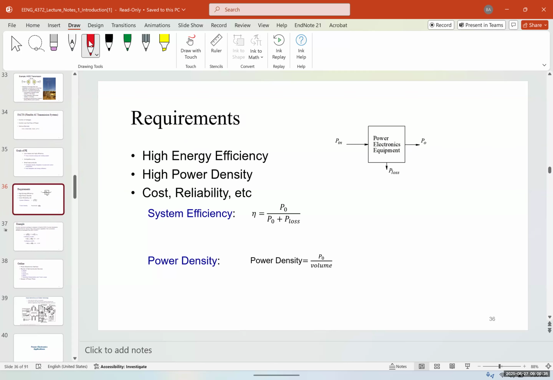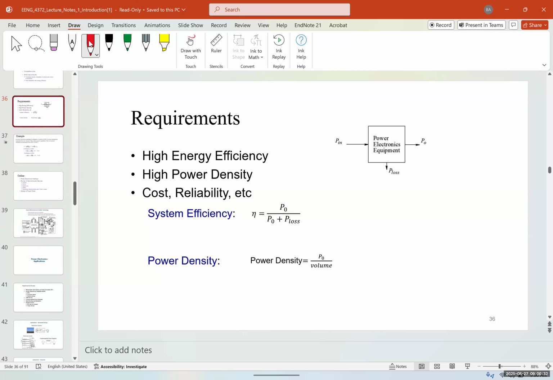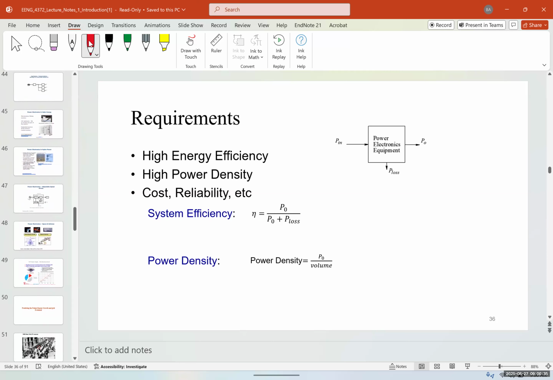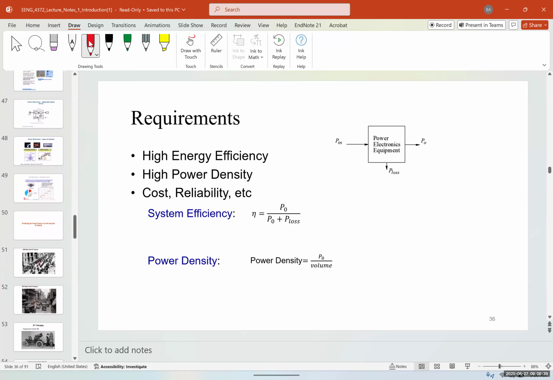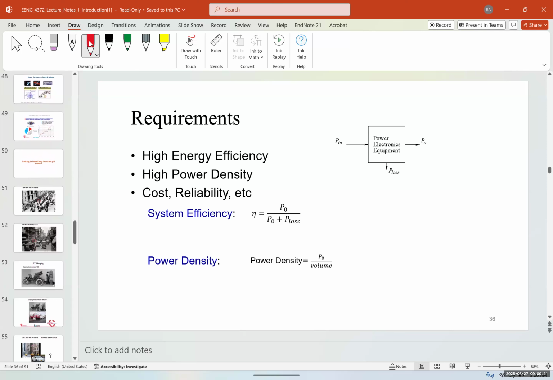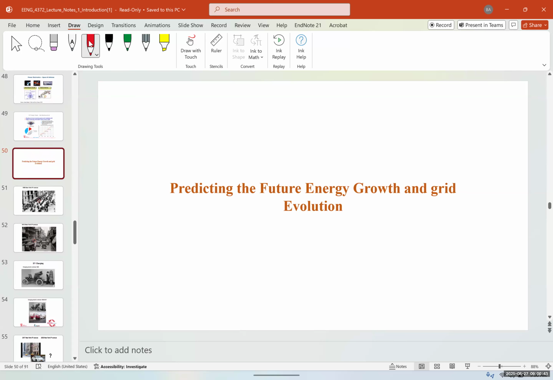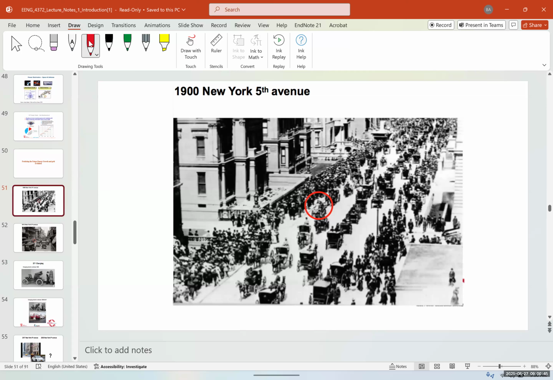So some requirements for power electronics is, one, high efficiency, energy efficiency. Before I go through that, I want to finish these EVs. I'm going to jump and come back on the impact that these power electronics had on. I'm just going to give you one example of the impact the power electronics had on the technology, the